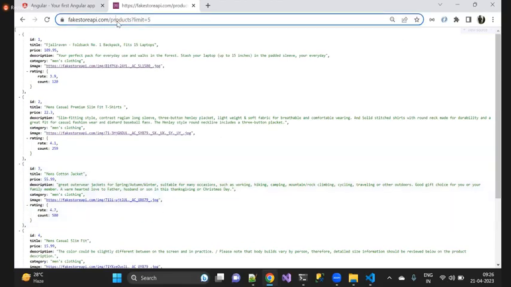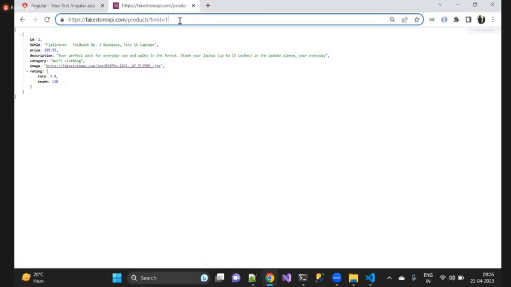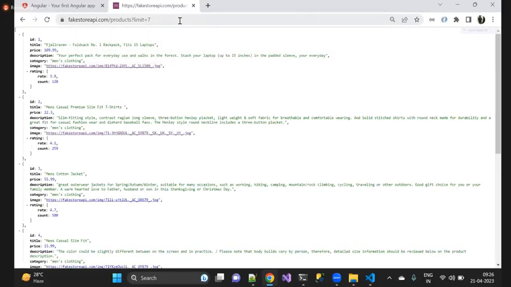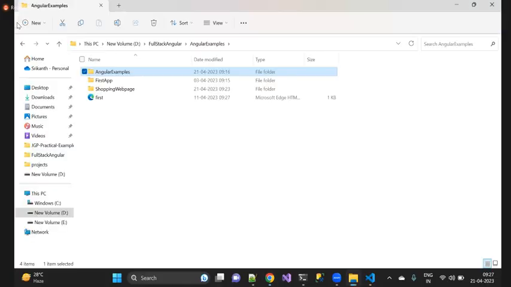Now you see, when the user has given fakestoreapi.com/products and the limit is, let's say, 1, then I'm able to see only one item here. When the user has given limit as 7, I'm able to see 7 items here. So like that, a couple of APIs are ready and they are giving it to us. Now what I want to do is use them in order to work on it. So to do that, the very first thing I just want to do is, guys,